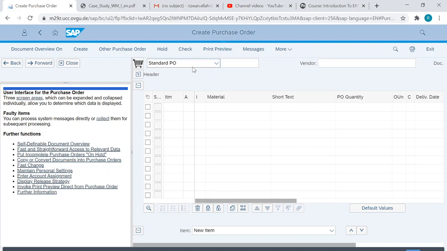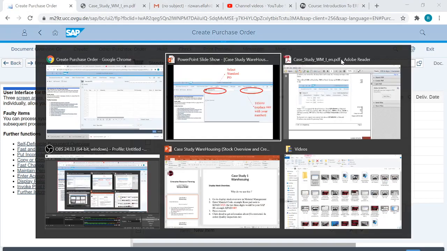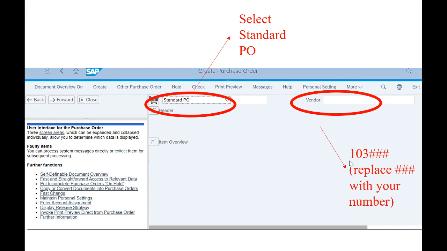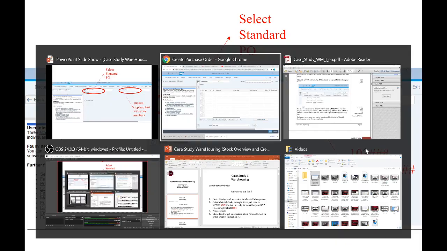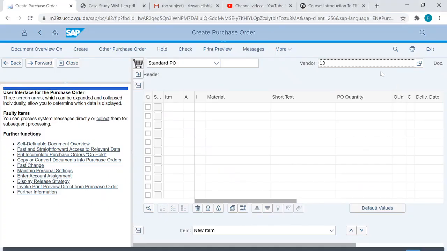Okay, so we need to make sure it's a standard PO. Yes, it is a standard purchase order, and we are entering the number that I already guided you on, 103 and your own SAP ID. So here it is 103 and my ID is 005.